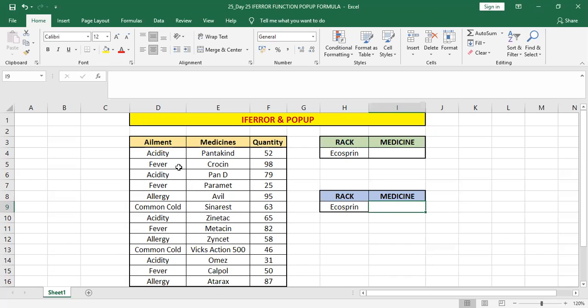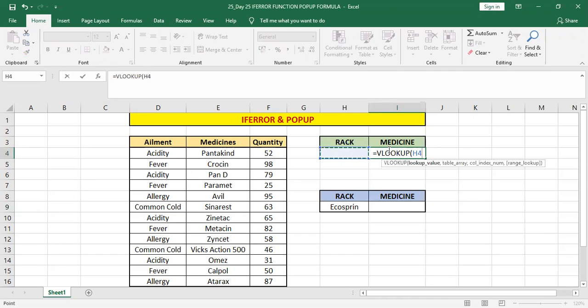So if I want to see, for a particular medicine, how much stock I have, we can always use VLOOKUP, right? So we are just going to use VLOOKUP here. For that, I have to press the formula VLOOKUP, tab. As you already know, I want to look up this, that is what kind of medicine I want from the rack. Comma, then table array. My table array will be this.